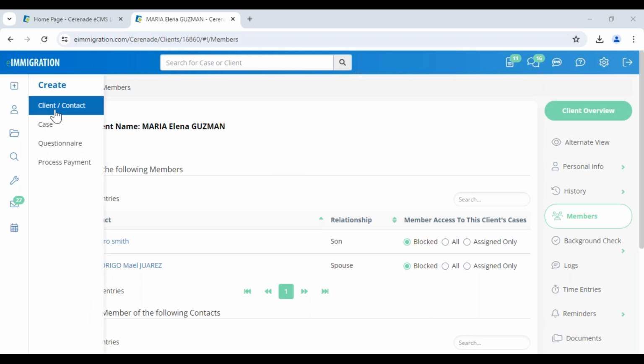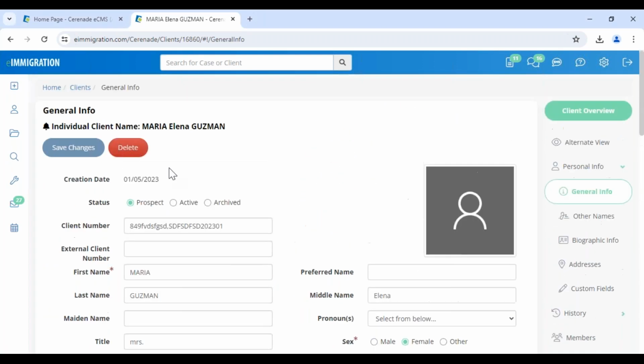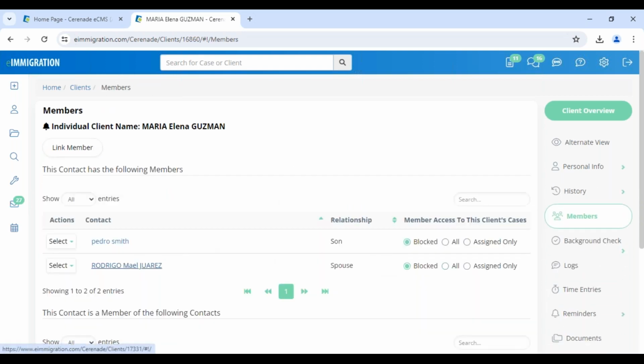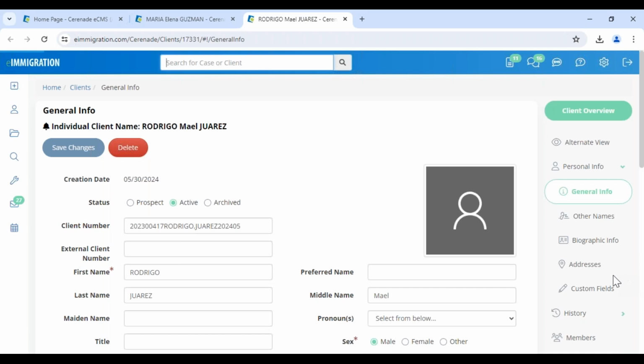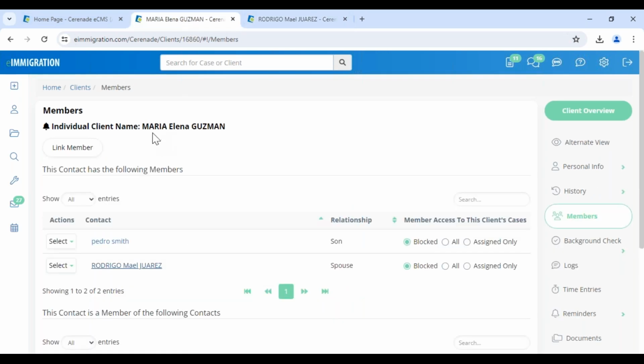We talked about creating the contact or using the anonymous questionnaire and then entering data into all of these fields. Don't forget to save your changes. And on the right-hand side, you can obviously find other areas. I want you to notice that we have this copy slash move. I have information. So let's say if I have linked the husband or the son and he has address information here, although I don't really have. Okay, let me go back to